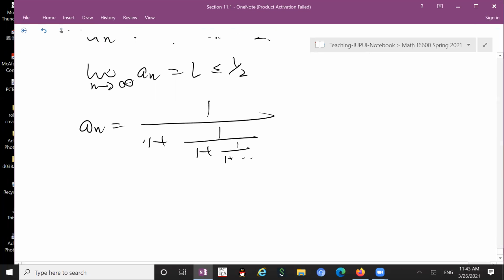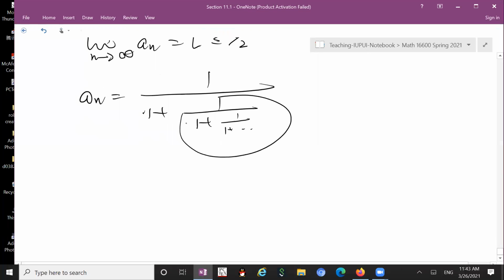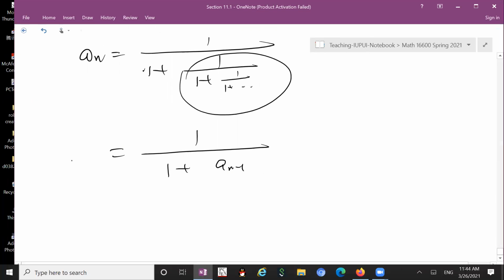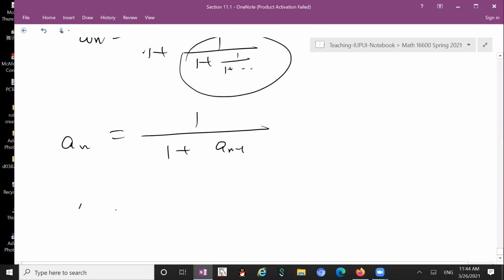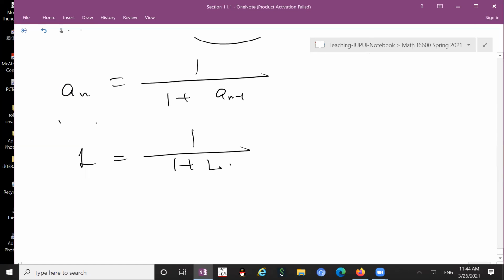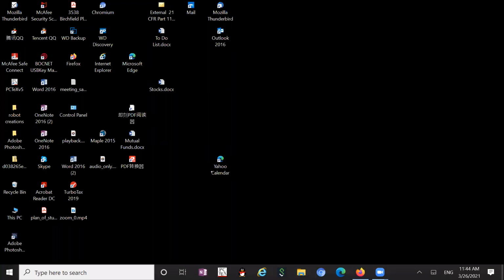So what you do is this part is going to be 1 over 1 plus a_(n-1), okay? Once you get this, then you take the limit. Let n go to infinity, you get a limit L. Then you get L equals 1 over 1 plus L. Now this time L is not going to